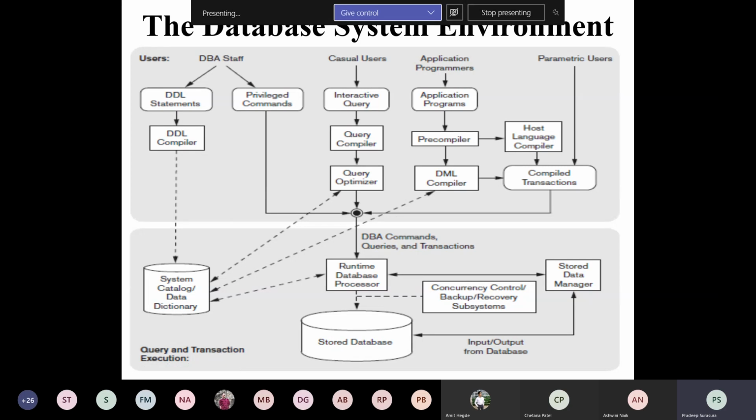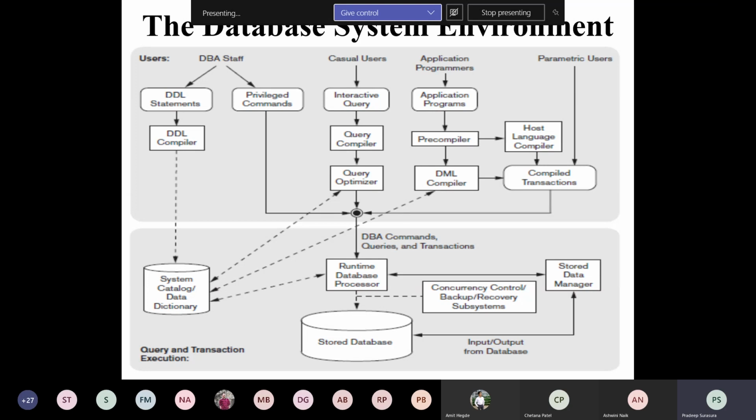When you look at this diagram, there are different types of commands: DDL commands, privileged commands, DML commands. All DDL commands are directly reflected to the system catalog or data dictionary. DDL means data definition language statements, handled by the DDL compiler.